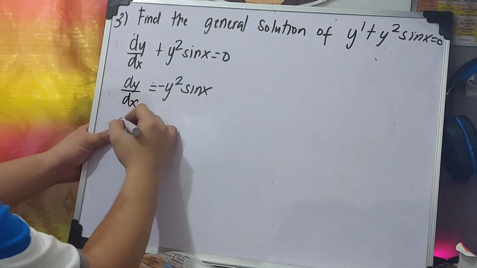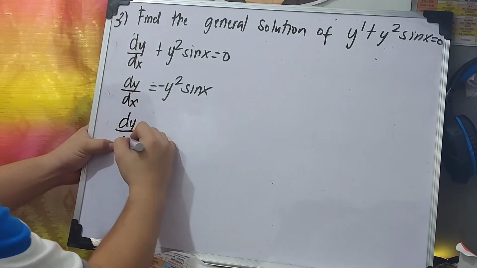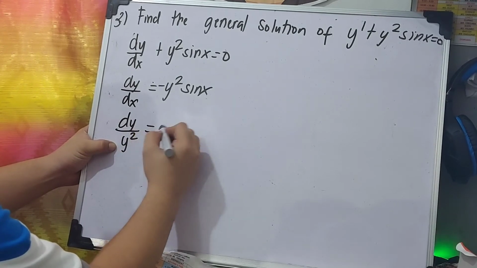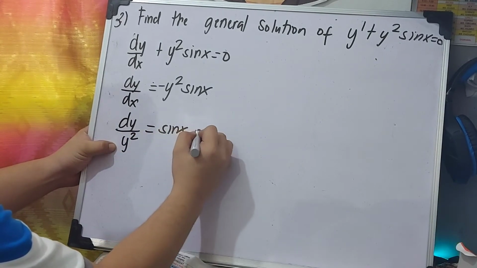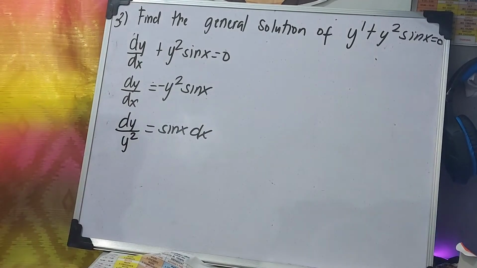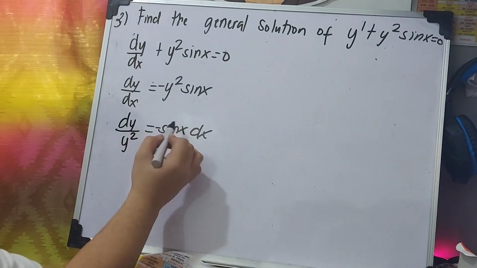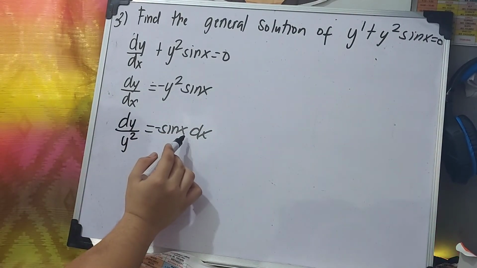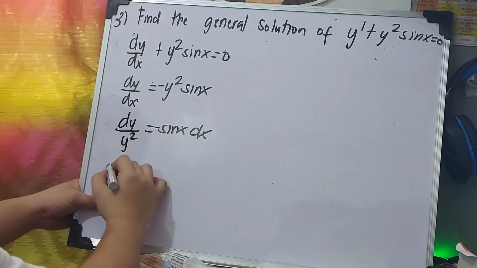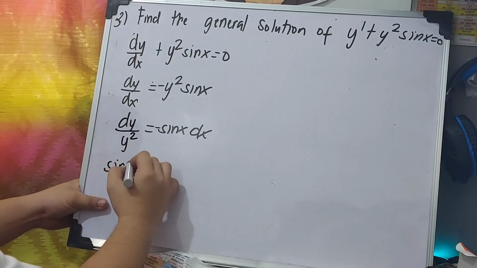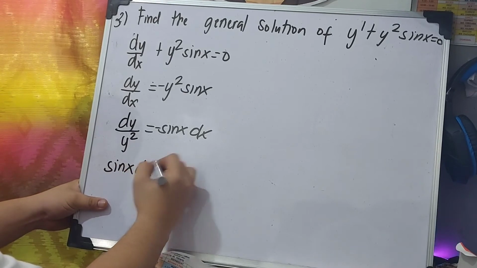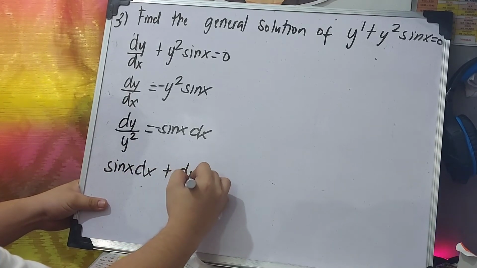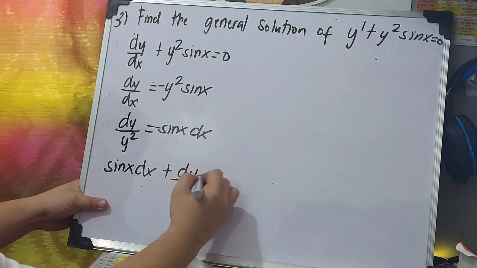Isolate the variables, we have dy over y squared equals negative sin x dx. Transposing negative sin x dx will give us sin x dx plus dy over y squared